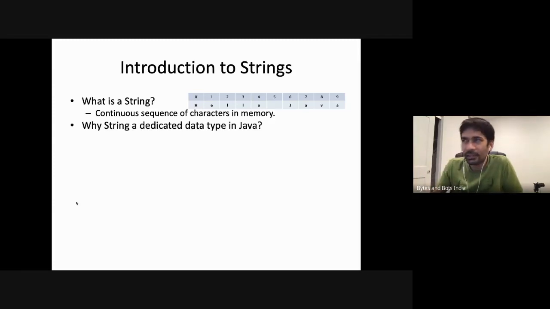Why is string a dedicated data type in Java? Java has a data type called char, which is each individual character is one char, like H is one char, E is one char. So when Java has that, then why do you need a string which is just built upon it? The reason we need that is because it is one of the most widely used and versatile data types. If you look around, you'll see there's probably string everywhere,